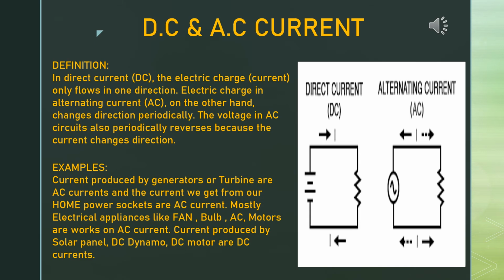Now see the diagram please. Here, for direct current or DC, you will give the arrow in one direction only. But in case of alternating current or AC, after drawing the circuit, you will give the arrow in both directions. Actually, in AC, voltage is required. See, there is one circle-like structure, and within this one question mark, that is actually voltage, determining the voltage.